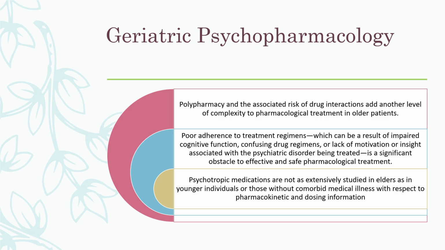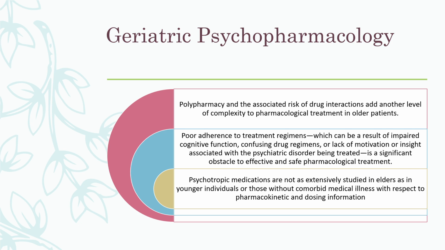And that can be quite confusing, not only for the safety factor of taking them correctly and which ones are interacting, especially if a pharmacy has changed a medication and they've kept an old bottle, and they may be taking two of the same medicine. But even chemically interacting, the more medications on board, the more safety interactions we have to watch for as prescribers, making sure we're not causing more harm to our patient. Poor adherence to treatment regimens may be due to cognitive function, confusing the drug regimens, maybe a lack of motivation or even insight with their psychiatric disorder. And so that can also put more of an obstacle in safe and effective